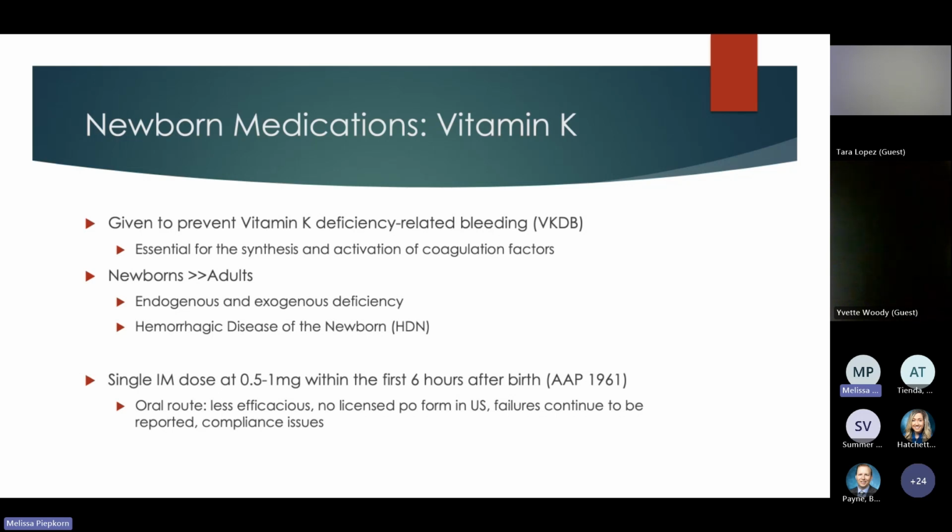They don't have the same amount of intestine. Malabsorption syndromes. And then to a lesser extent, maybe a decreased production by that normal flora. So maybe you have an adult that has been on prolonged broad antibiotics, and so they've kind of wiped out their gut flora. They may be at risk, but for the most part, this is a newborn issue,